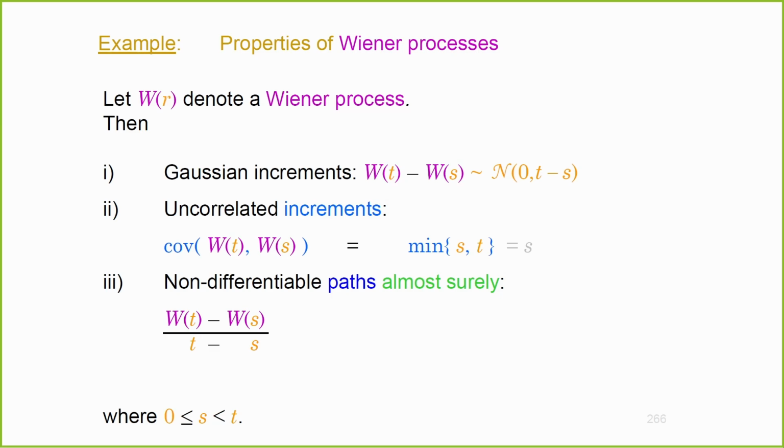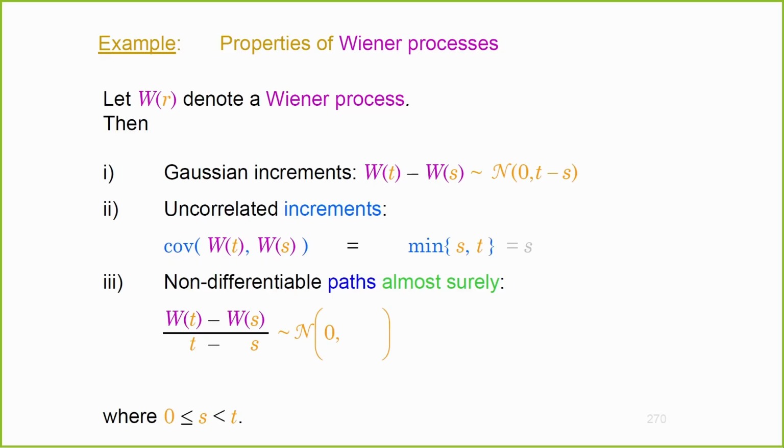It would exist, at least almost surely, but it cannot. And the reason why it cannot is because of the variance of this expression. If you look at that, the expectation would be 0. This follows a normal distribution, by the way. The expectation is 0 because the expectation of the increments would be 0. So that is for sure. t minus s is just a constant, so 1 by t minus s is what you're multiplying that with. And since the variance